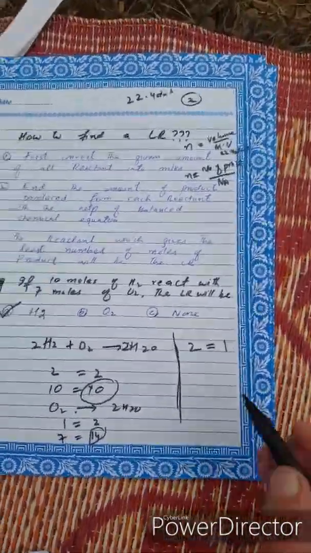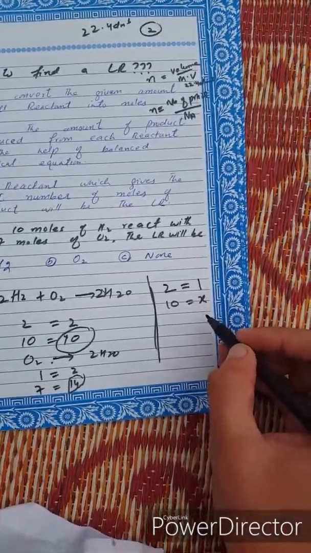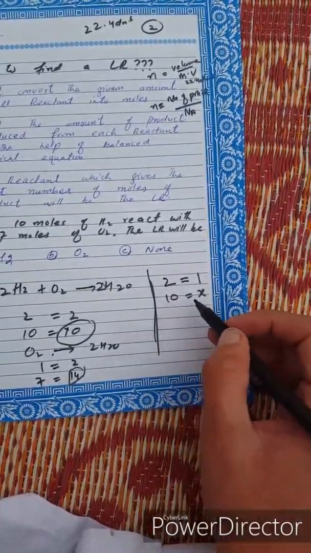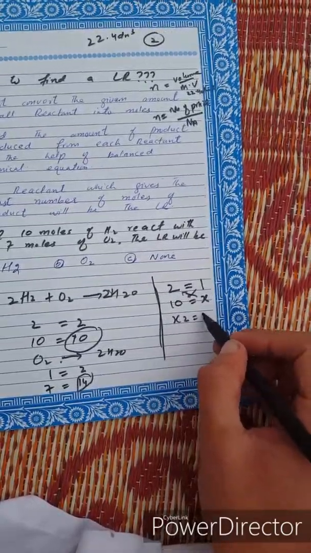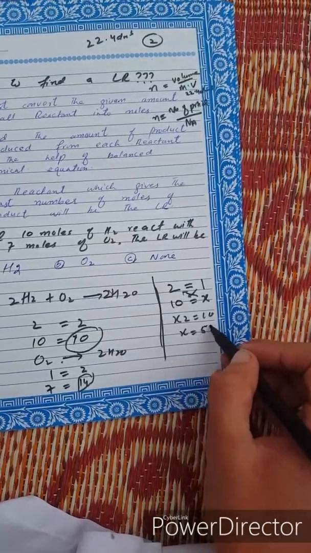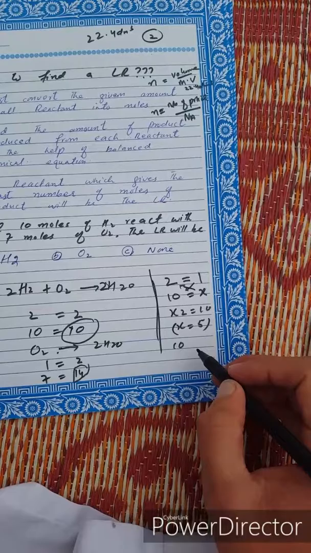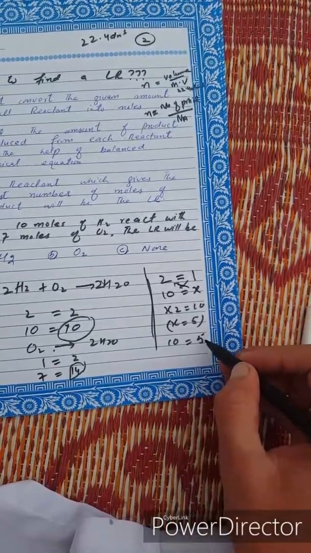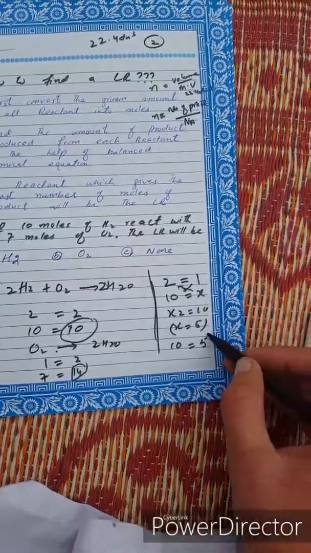So for 10 moles of hydrogen, how many moles of oxygen will be required? Do cross multiplication: 2x is equal to 10, and x is equal to 5. So for 10 moles of hydrogen, 5 moles of oxygen are required, but we have 7 moles